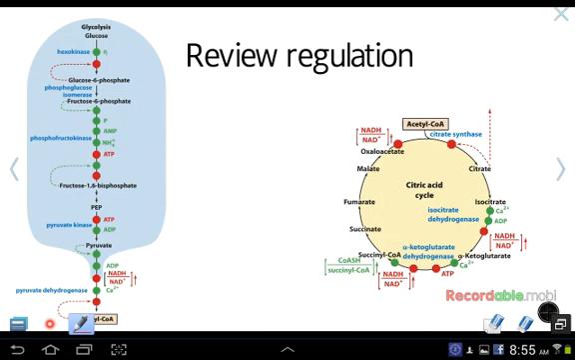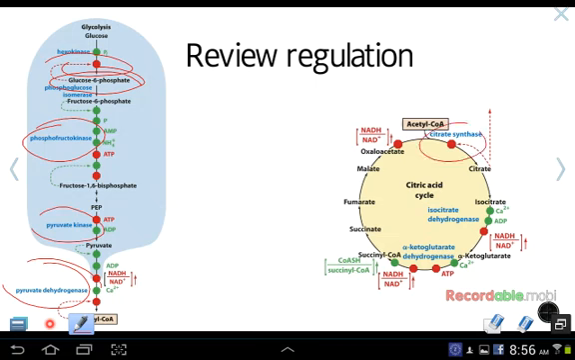So let's review our overall regulation of the catabolism of glycolysis. So if you remember, in glycolysis, we can regulate glucose, we can regulate hexokinase. We can also regulate phosphofructokinase as well as pyruvate kinase. We can also regulate pyruvate dehydrogenase. And then in the citric acid cycle, we can regulate citrate synthase, isocitrate dehydrogenase, alpha ketoglutarate dehydrogenase, and then a number of these other